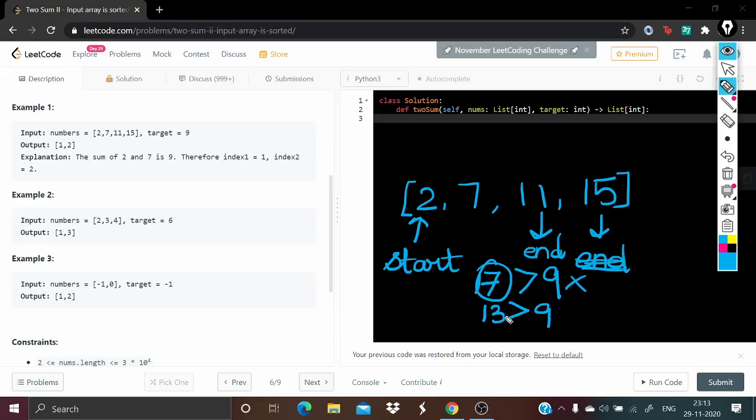13 is greater than 9 still, so again I'll cross this, and what I'll do is I'll shift this to here, and my end will be here. So now when I add 2 and 7 I get 9, and now since it's equal I'll return the index 1 comma 2. So this is a way we can do this, but one more condition is, for example,